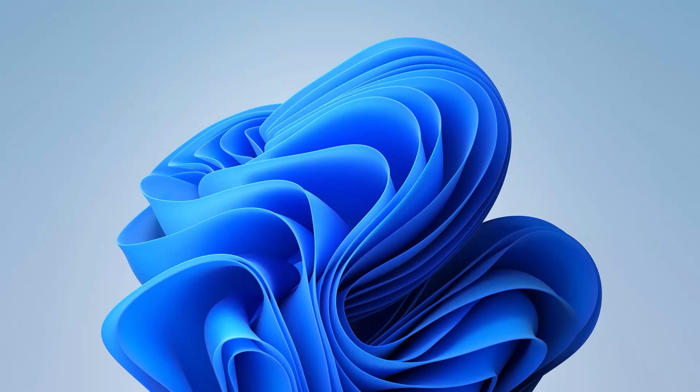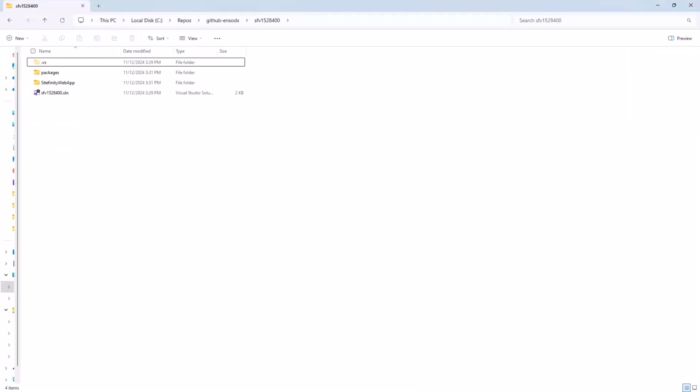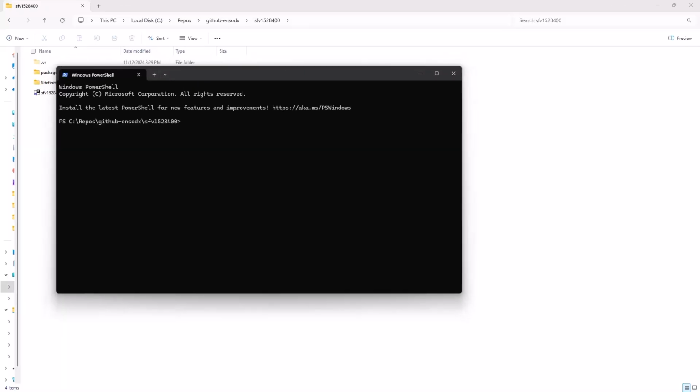In Windows Explorer, we open the folder where we want to create our Next.js application. Right-click and select Open in Terminal. This will open the terminal inside that specific folder. Now we can run the command npx create-next-app, which will create a new Next.js application with the name nextjs-sitefinity using an example starter template from the Sitefinity's official GitHub repository. Of course, you can set a different title for your Next.js application. For this demo, we're going to use the default one.